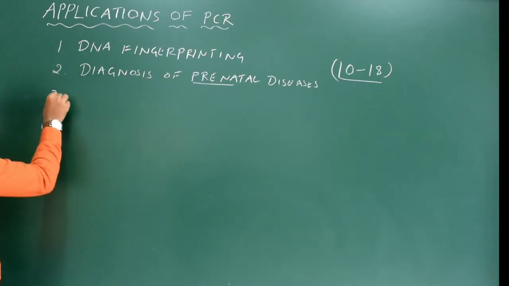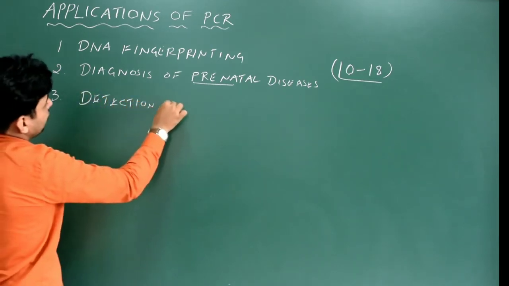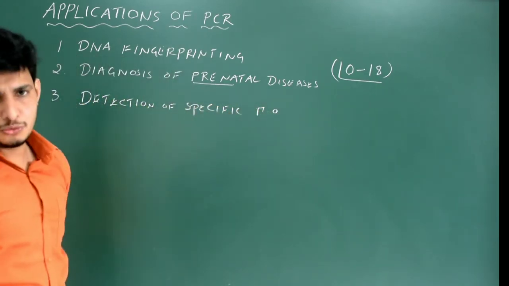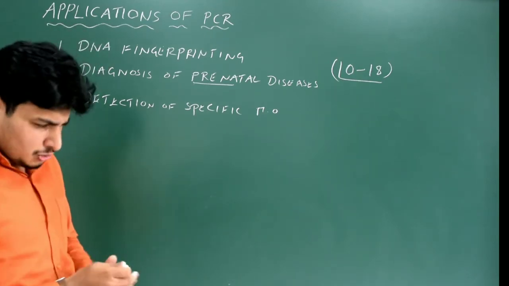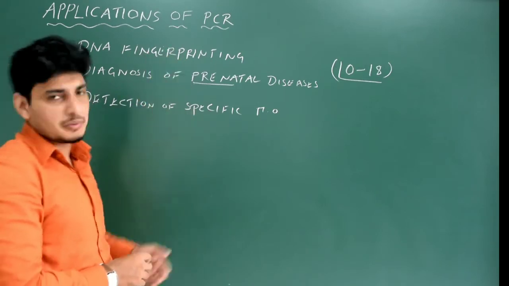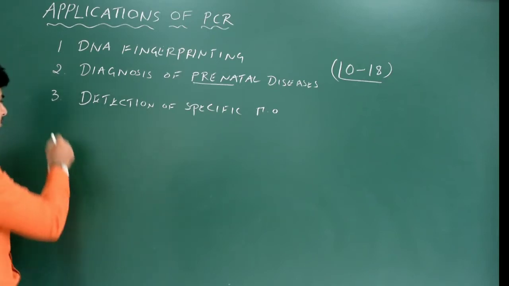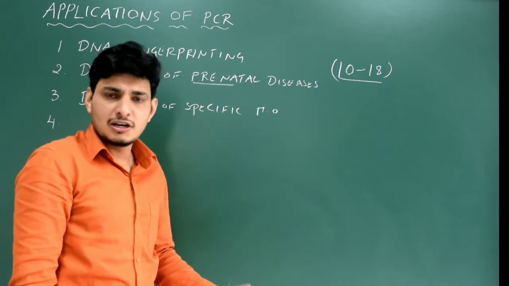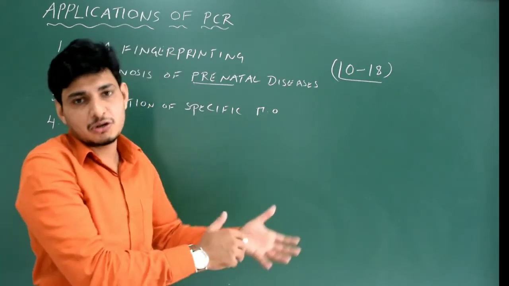Okay, the third is detection of some specific microorganisms. If a microorganism is new, like the scientists have discovered that microorganism for the first time, then to know exactly the character of that microorganism, you can go with PCR, that is detection of specific microorganisms, again taking the genetic material of that microorganism. Okay, it's nothing but identification, what type of microorganism it is. It's like differentiating between this new microorganism and already discovered microorganisms, that's it.